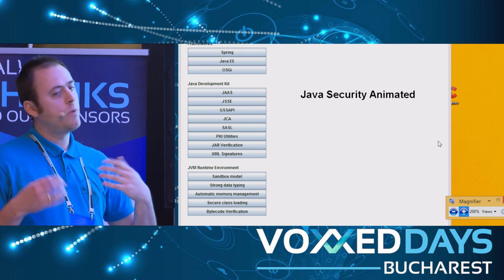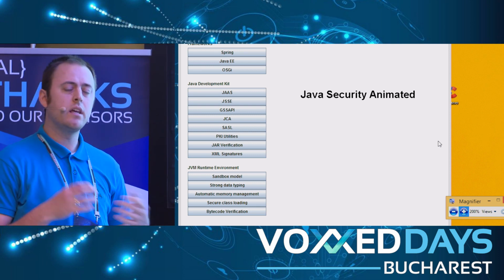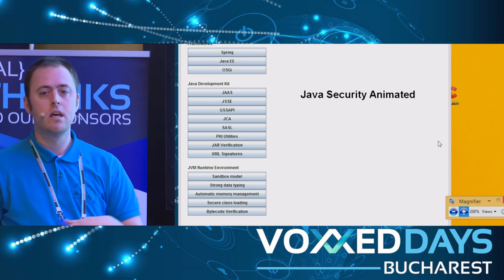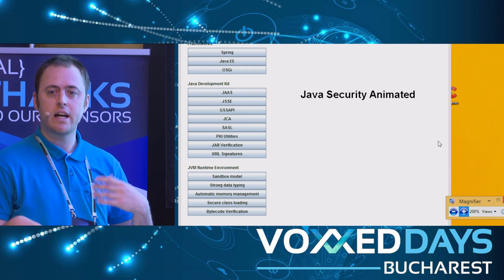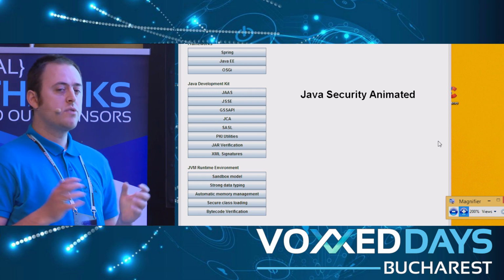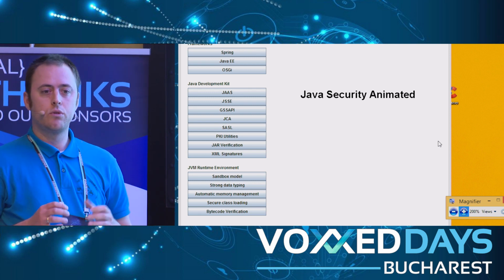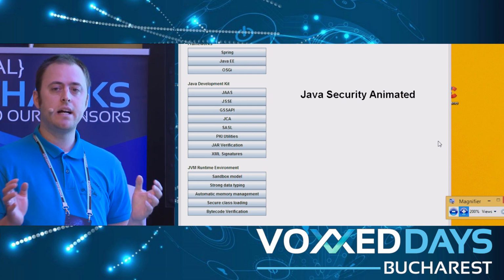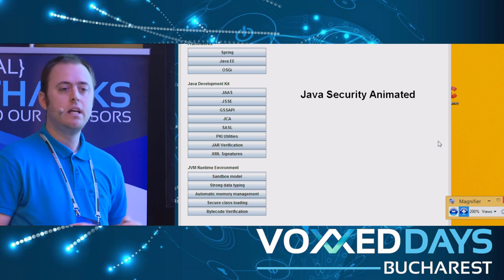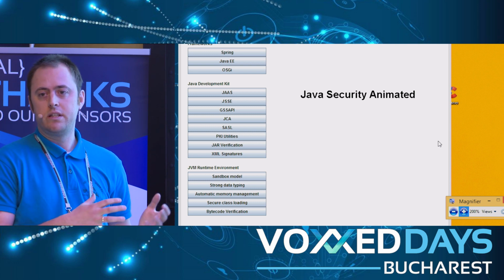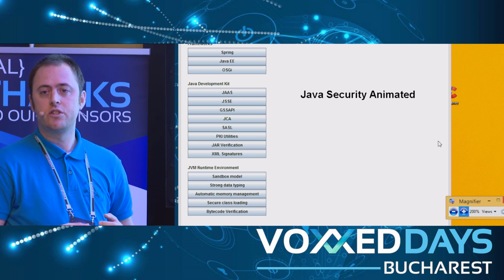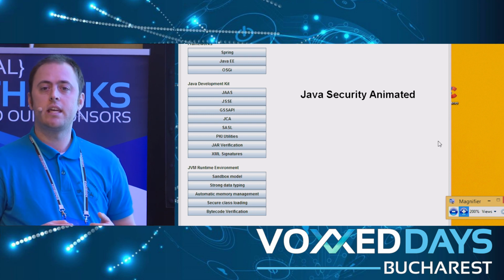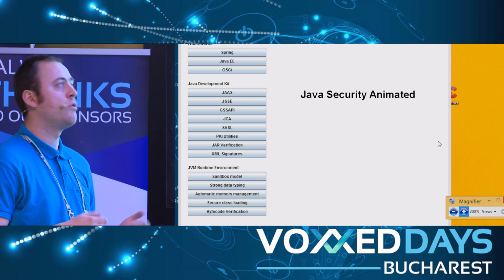And when we start talking about security, we start thinking of different aspects such as authentication, authorization, the JDK, bytecode verification, and different kinds of aspects. I've tried to summarize all of these topics in a tool called Java Security Animated, which I'll show you today. The idea behind the tool is that it's a visual tutorial that guides you throughout the different areas of security in the JDK and allows you to exercise some of the concepts which the JDK has put over the years